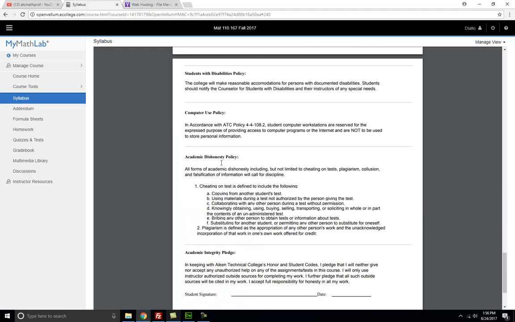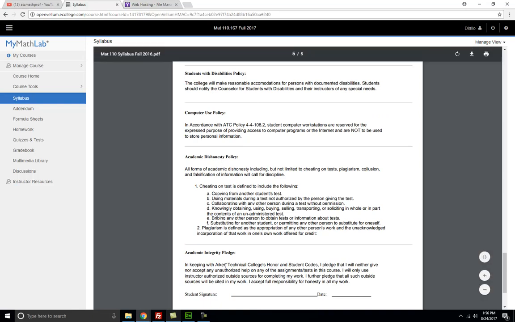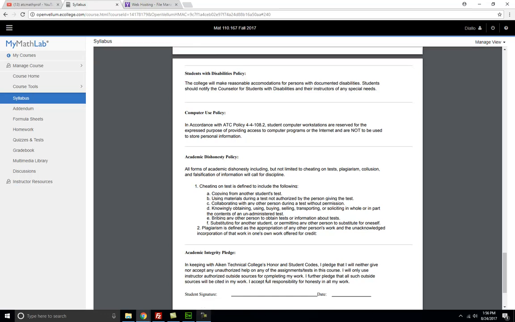You can also find various policies and the Academic Integrity Pledge. You should read through these policies and the Academic Integrity Pledge and familiarize yourself with these particular items. Notice that there's a student signature and date page. There's no need to return this form to me. By you registering for the course, you acknowledge receipt of the policies and the Academic Integrity Pledge and will govern